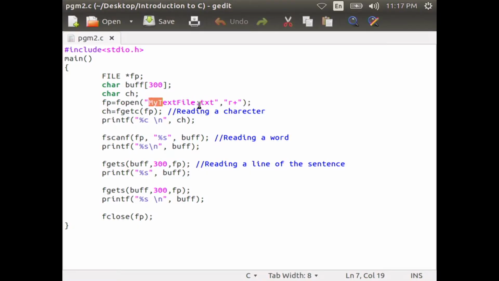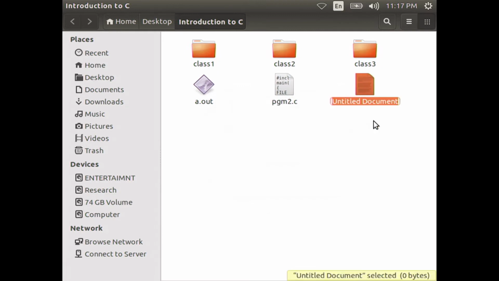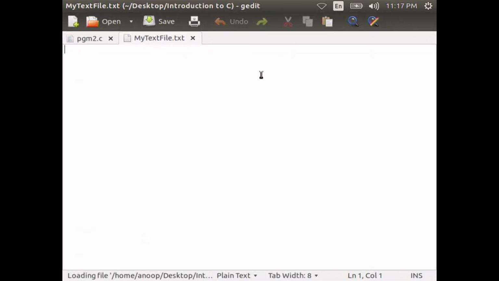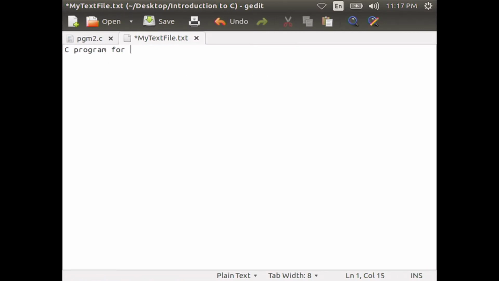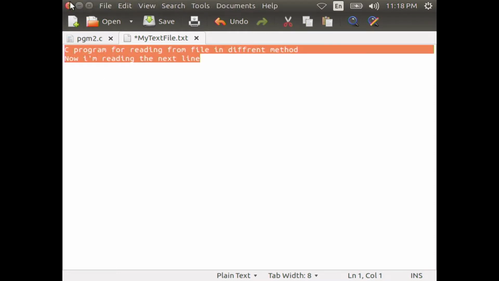Let me explain the program with a given text file. Consider the given text file contains 2 lines of sentences, which is shown on the screen. See program for reading from the file in different method. Now, I am reading the next line. So, the first fgetc function will read the character C only.